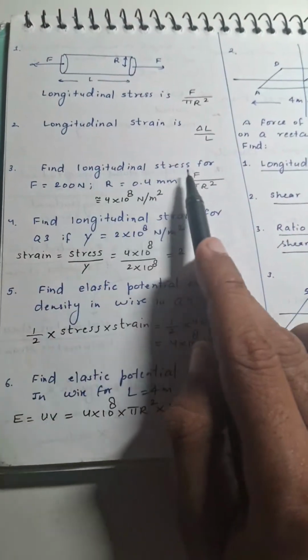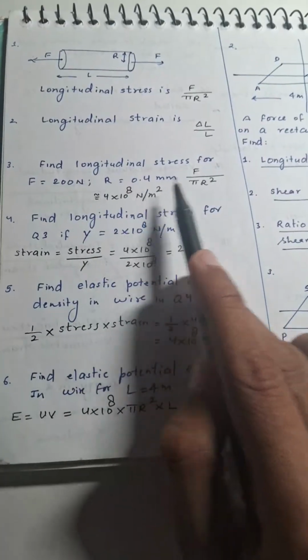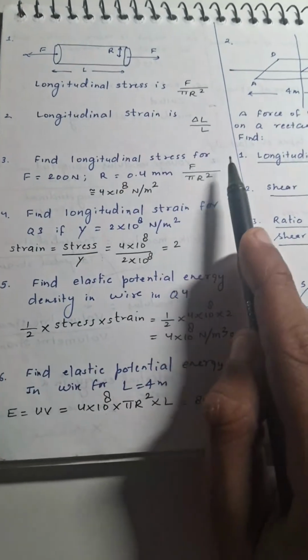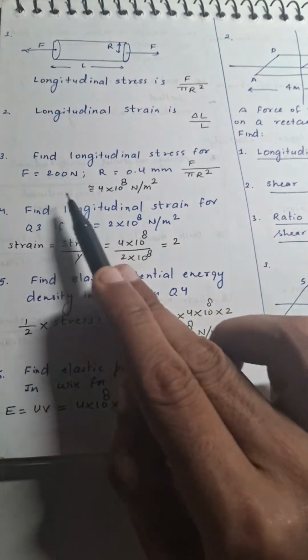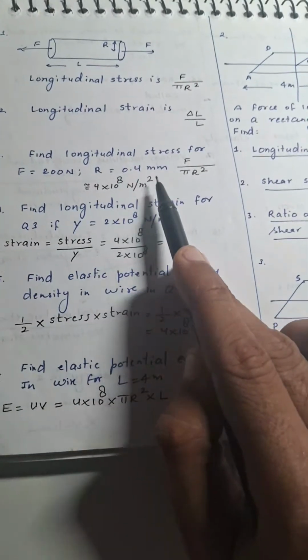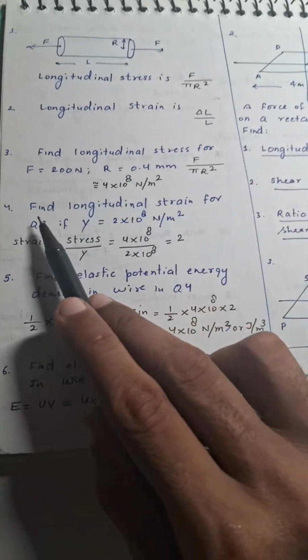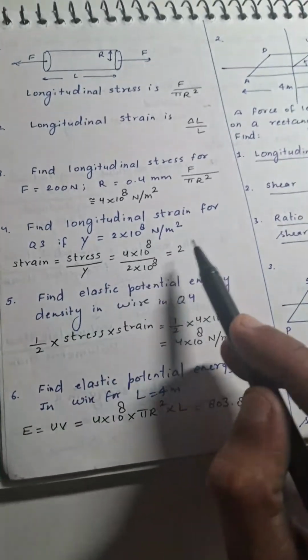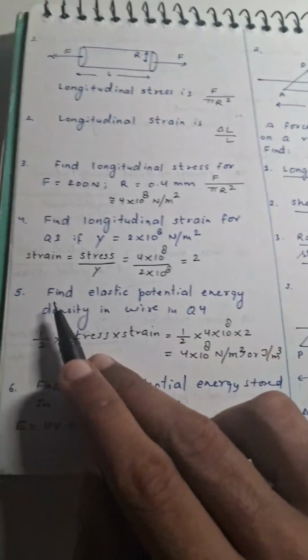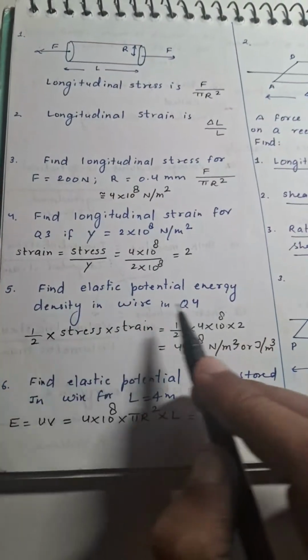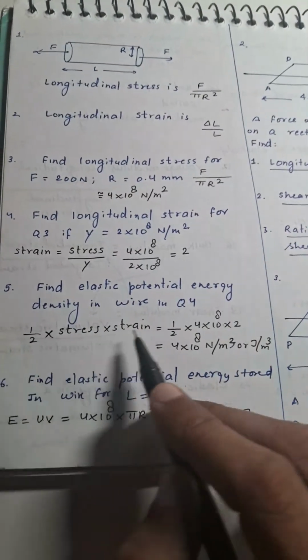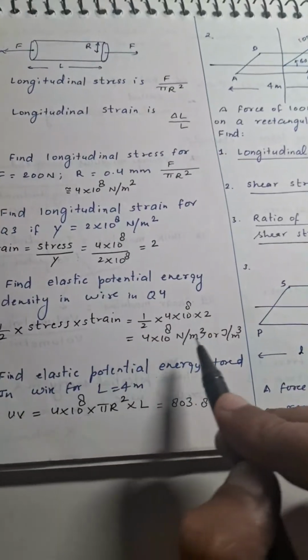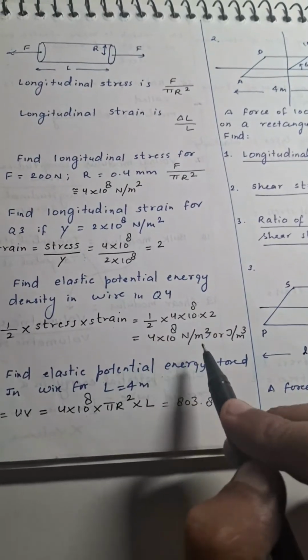Now is a numerical problem on this. Force is given, radius is given, so stress is force by pi R square. If you calculate using this expression, it comes out to be about 4 into 10 to the power 8 Newton per meter square. Then is calculation of longitudinal strain, so this is stress by Y. If we calculate, it comes out to be 2. Then is concept of elastic potential energy density in the wire, so that is half into stress into strain. If you calculate, it comes out to be 4 into 10 to the power 8 Newton per meter cube or